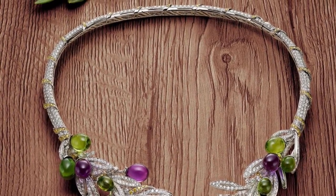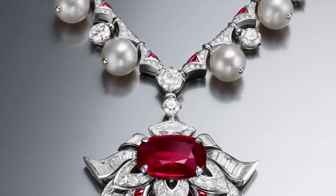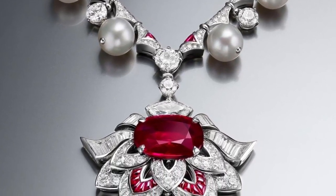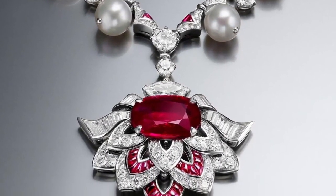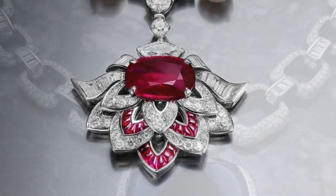Another piece in the collection is this 12-carat Mozambique ruby that sits at the heart of Bulgari's high jewelry Cuore Roma necklace in platinum, with diamonds and Akoya pearls that evoke the splendors of the parties of Renaissance Rome. A regal